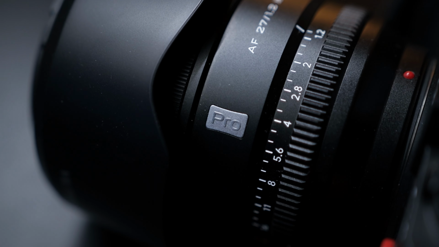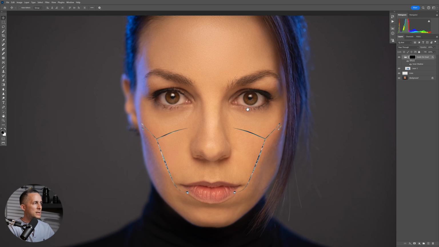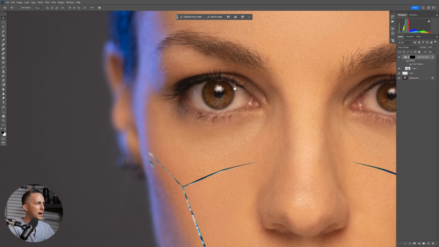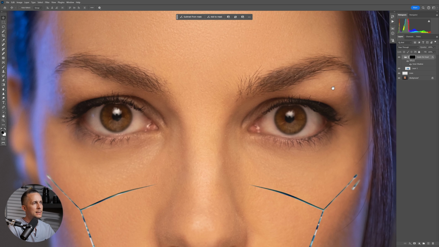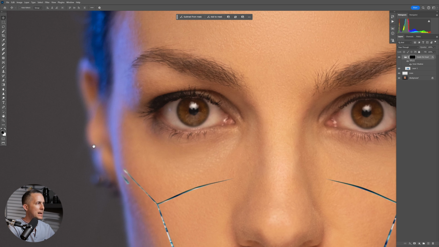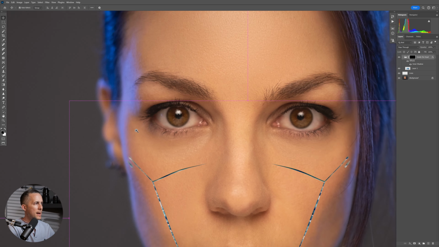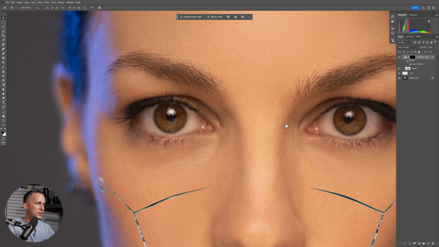It's a Pro Series Viltrox lens, and it weighs around 560 grams. So it's not the lightest lens, but it's really good. And you can see the depth of field here. I use the f1.2. You can see how sharp it is, and also how nice it goes and blurs everything behind it. So just the face